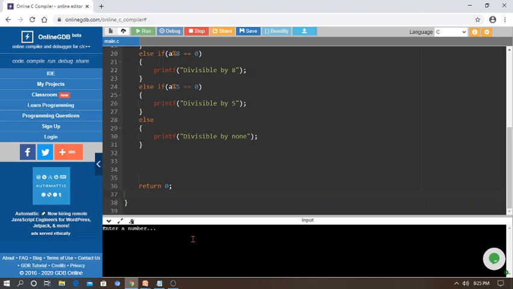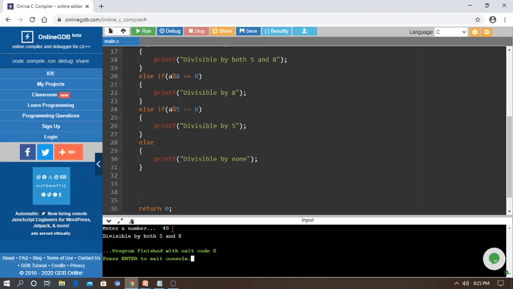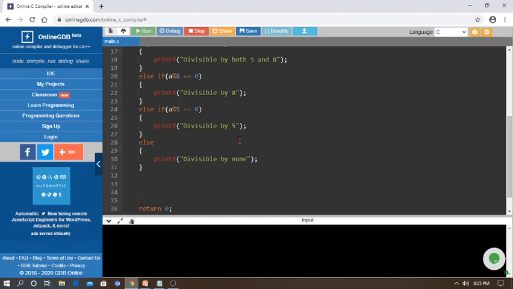First I am going to give the number 40, because you know the multiplication table. 40 can be divided by 5 and also by 8. Whenever divided by 5 and 8, it gives 0, so it prints divisible by both 5 and 8. That means the condition is true, it will stop here and execute the task. Sorry, I run the program again. Don't forget, if you use Turbo C, use Alt plus F9, and if compilation is successful, use Control plus F9.